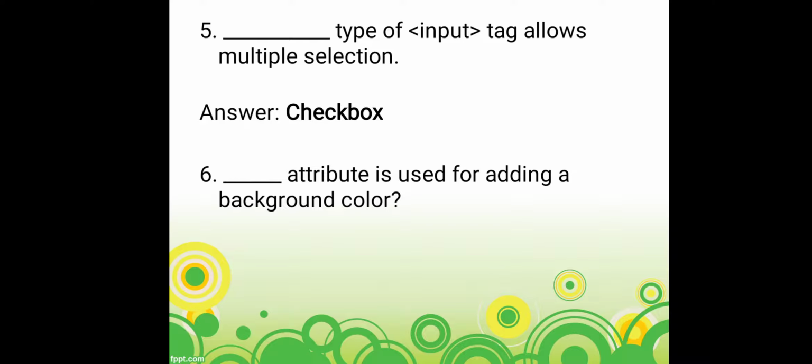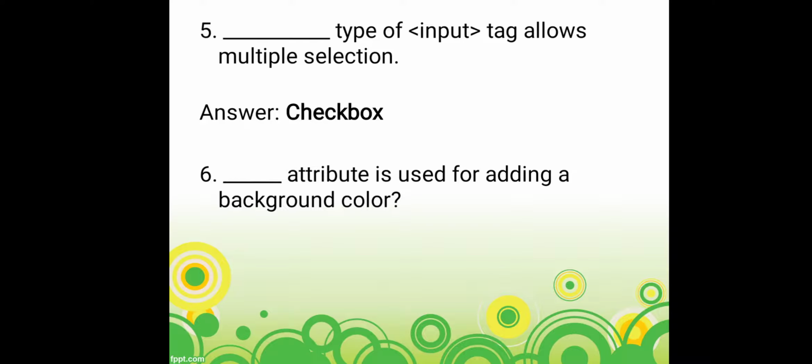Next question: dash attribute is used for adding a background color. Now if you want a background color, which attribute had we used? Yes, the correct attribute is bgcolor. Now here again you can make two mistakes. Many students have written BG space color, or if you have written bgcolor as a single word, the color spelling is wrong. HTML accepts color spelling as COLOR.